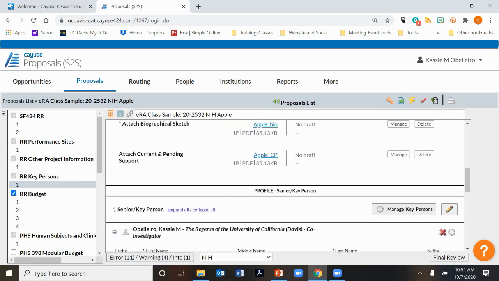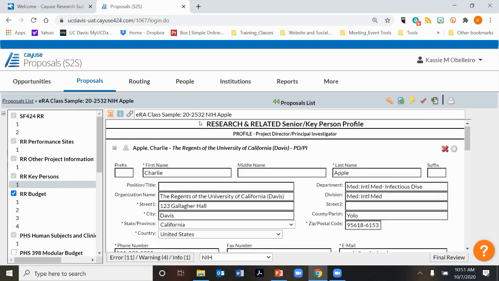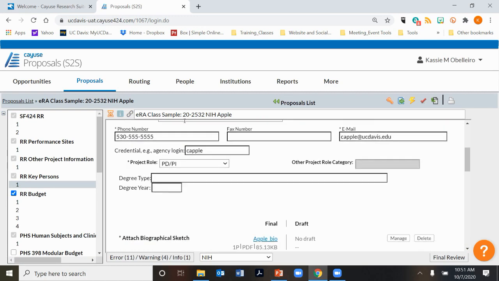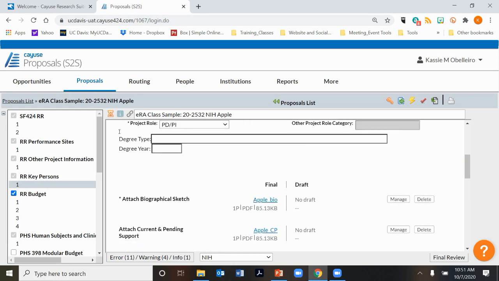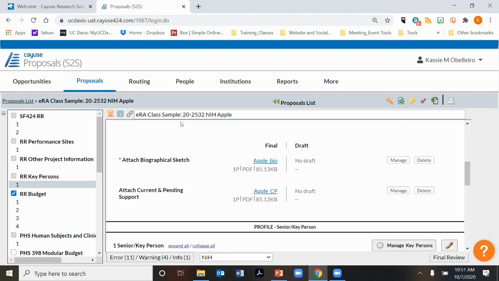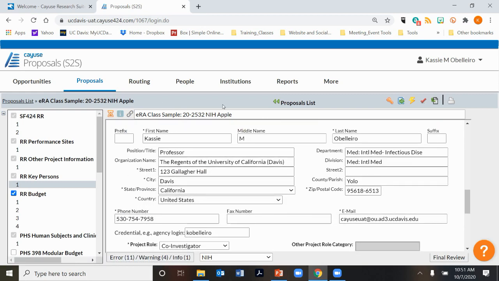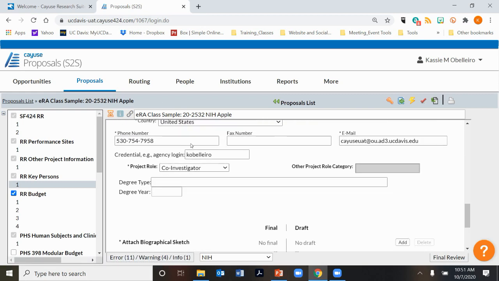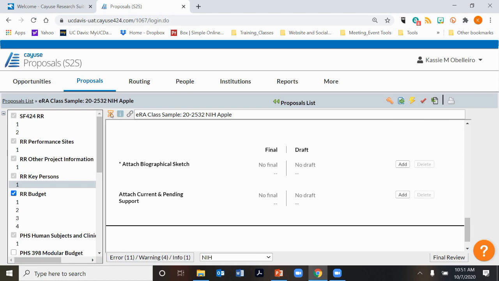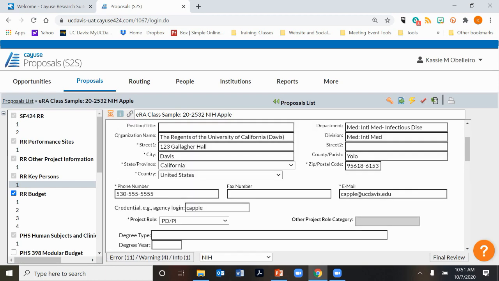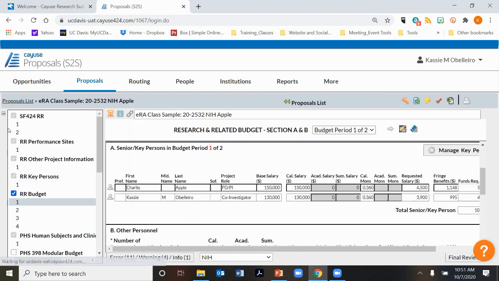In the R&R Key Person section, I have my PI with their project role. You can see here that I've gone ahead and uploaded Charlie's bio and current and pending. And then I also have Cassie listed as a co-investigator. I could upload her bio sketch and current and pending if I had it. I have my R&R budget form checked because that's the form that I'm going to be completing and providing to